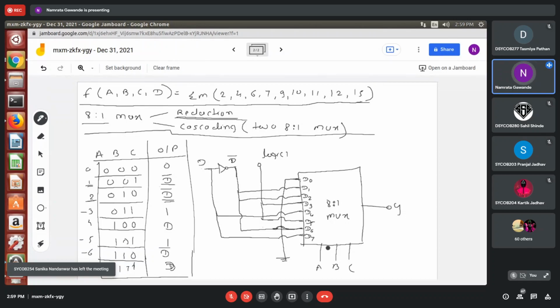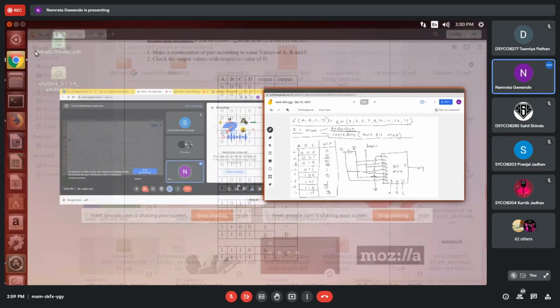Right? Now once I get this, I can make the connections. I will write the pin numbers again over here: 9, 10 and 11, and pin number 5 to Y, and you can make a connection to this. Okay, so we'll show you on the simulator.